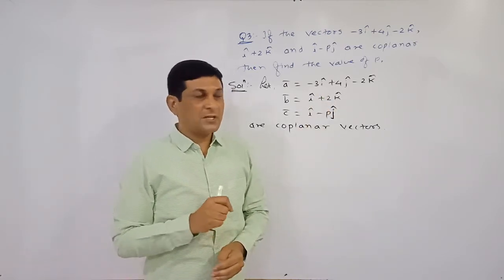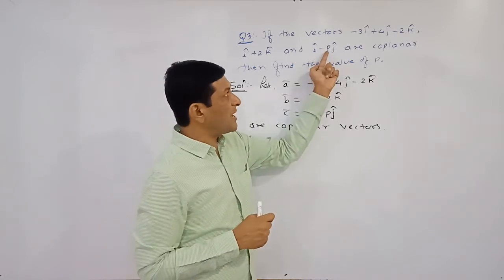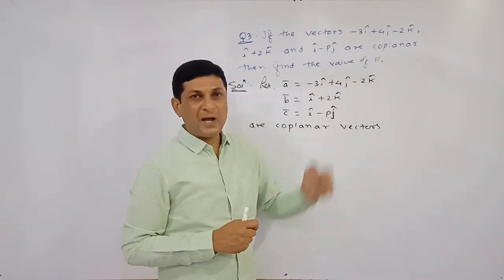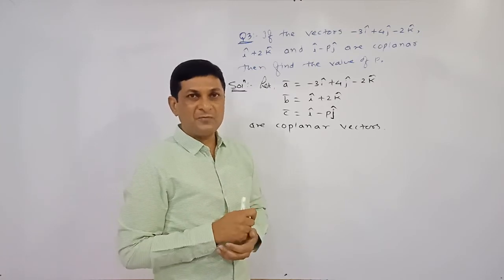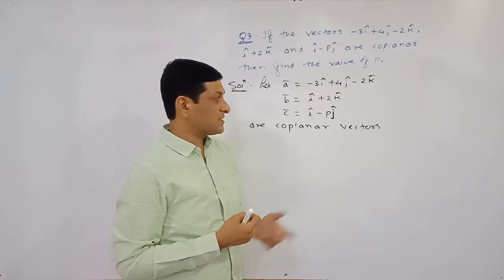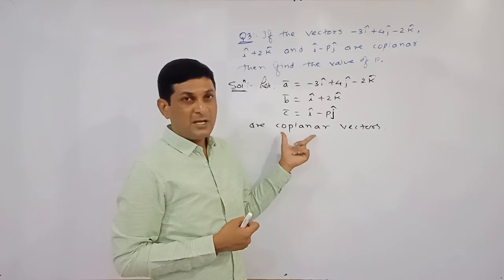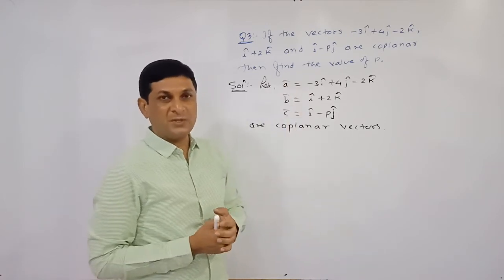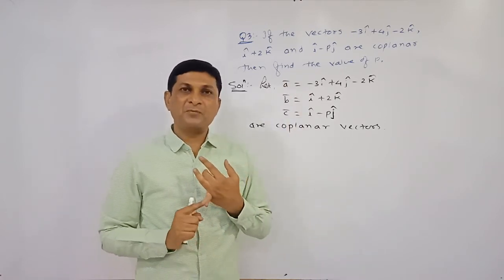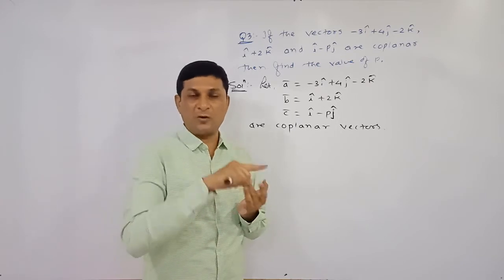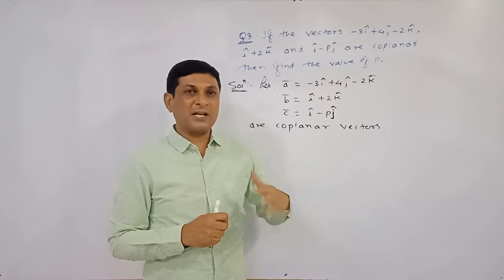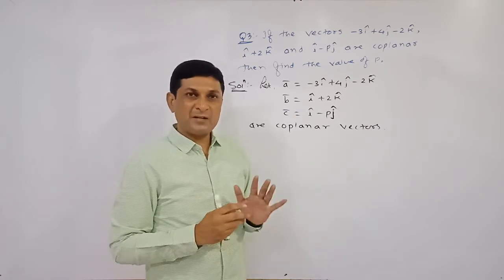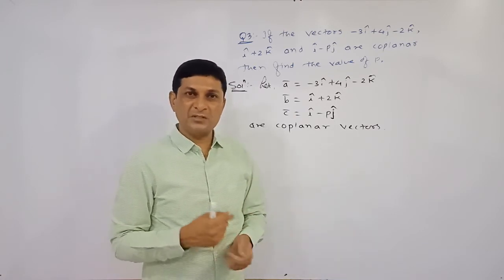Now using this condition we have to find out one unknown value P. Question is to find out value of P. Now we have already studied that if vectors are coplanar, at that time value of box product is what? 0. See, such type of example even we have solved in linear combination, but now that method is sometimes time consuming. So that's why better way to solve such type of example is using the result of what?